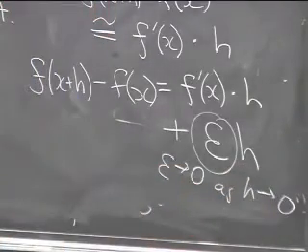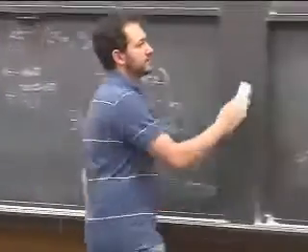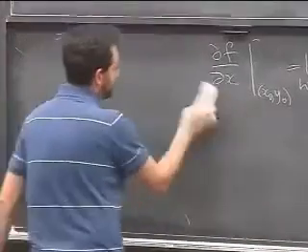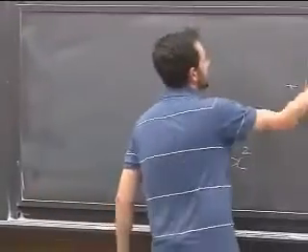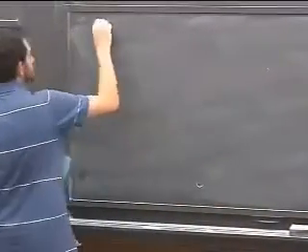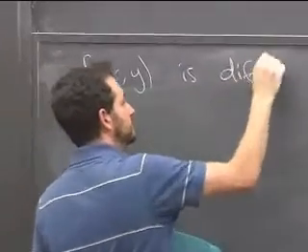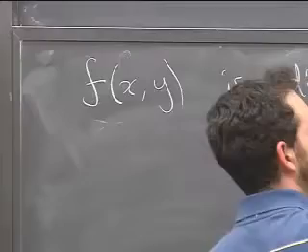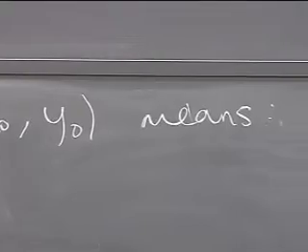I'm going to try to rewrite this in a different way that doesn't involve a quotient. I've gotten rid of the quotient by this sort of stratagem. So I'm just going to replicate that and tell you what the definition is. But again, since it becomes more of a technical thing, I'm more interested in what it means. So here is the multi-dimensional version of this. F of x, y is differentiable at x0, y0 means that the difference,